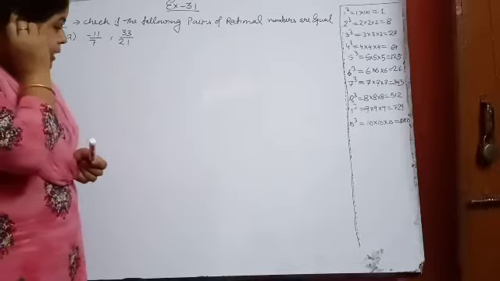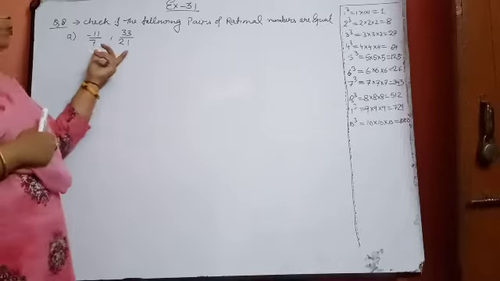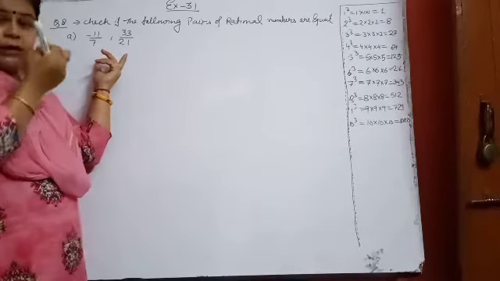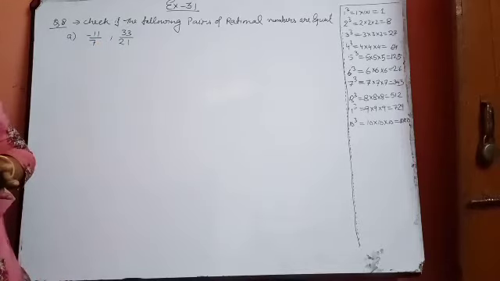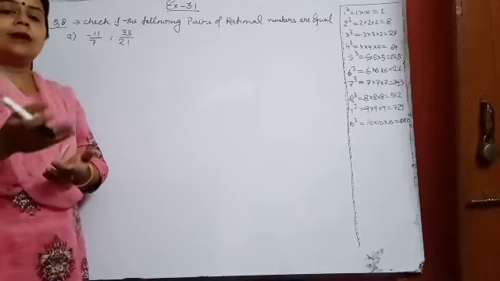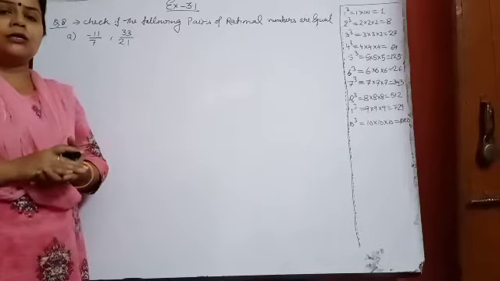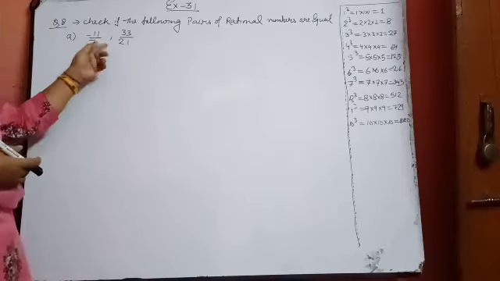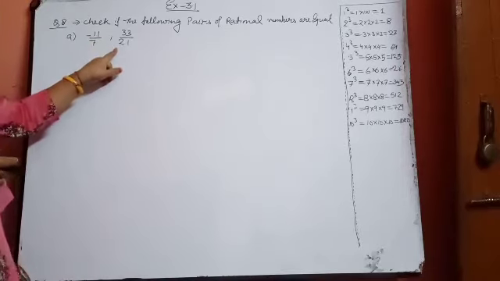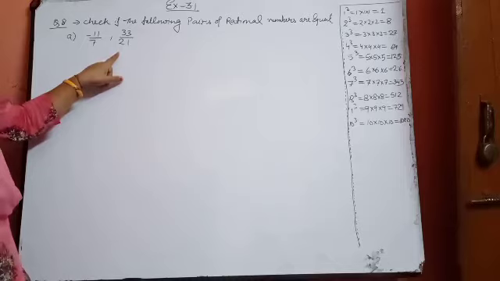You have learned previously in this exercise, or in the previous one also, while we were learning fractions, about equivalent fractions or equivalent rational numbers. What we were doing in equivalent fractions or equivalent rational numbers, whatever fraction was given to us, we were multiplying it by sometimes 2 in numerator and denominator, sometimes by 3, sometimes by 4. It depends on our choice. In this way we were getting equivalent fractions or equivalent rational numbers. Here there may be some cases where they are equivalent and some cases where they are not. We have to check whether they are equivalent or not.